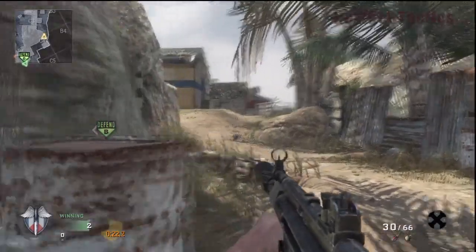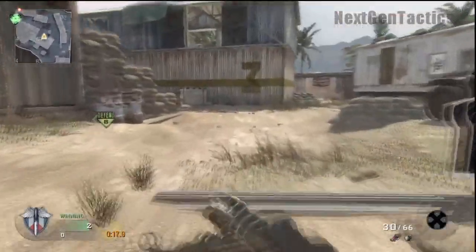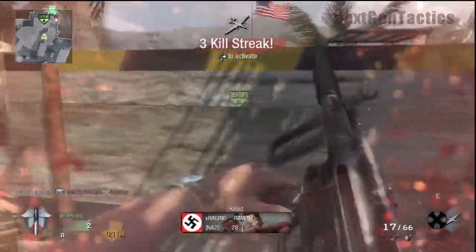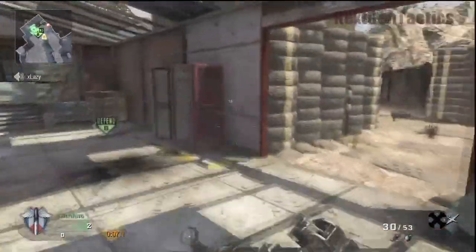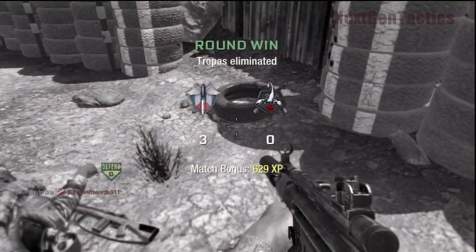Alright, so again, keeping an eye on the mini-map. We know there's a guy coming in from the other way around towards the B target, so we're going to try and catch him, or at least flank him here. This guy, I don't know if he was checking to see if anybody was camped up here covering the bomb. So catch him, and then this guy looks like he's stunned, and we come in and knife him in the